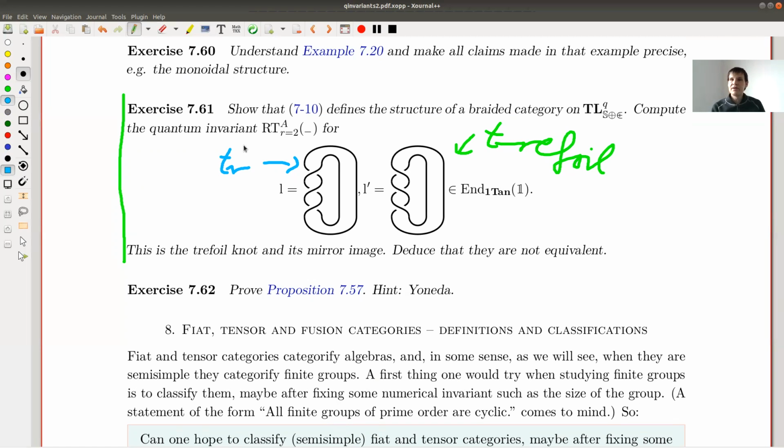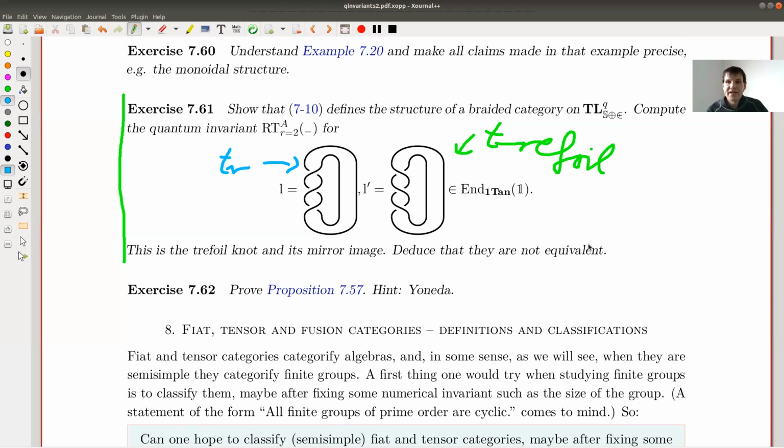But anyway, let me wrap up. So the main point we are seeing is actually the analog of this exercise. So we had this machinery of quantum invariants: make it linear, make it additive, make it idempotent complete. That kind of comes for free. And if it's braided, then you already have an invariant of links. If it's ribbon, then you have an invariant of ribbons. Whatever. If it's whatever, then you have an invariant of whatever, basically by feeding your example into the machinery.